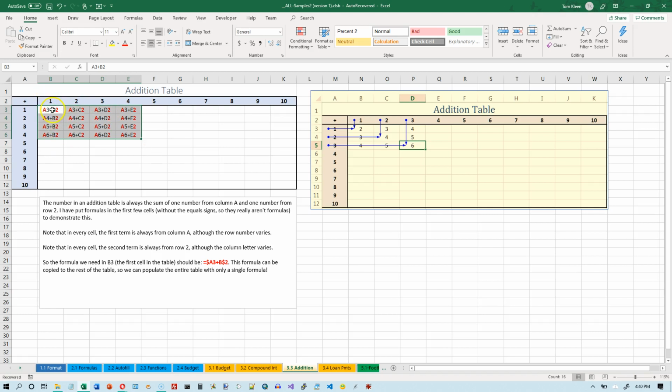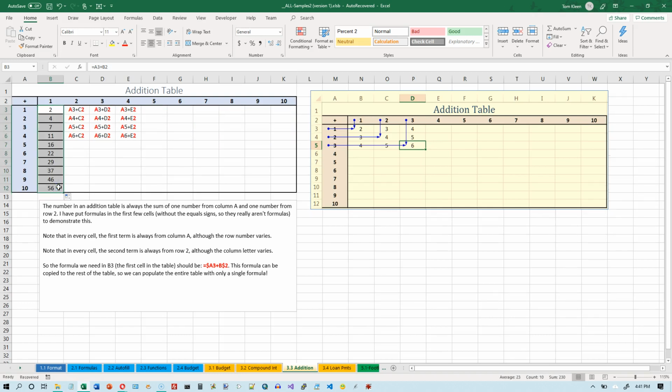And the beauty of this is, if I just take this first cell here and change it from text to a formula by putting an equal sign in front of it, I can get that, and I can copy it down. Now notice I can't copy across and down at the same time in Excel. It'd be nice if you could. Older spreadsheets could do that, but Excel has never done it as far as I know. So what you have to do is pick one direction. I usually go down first, and then